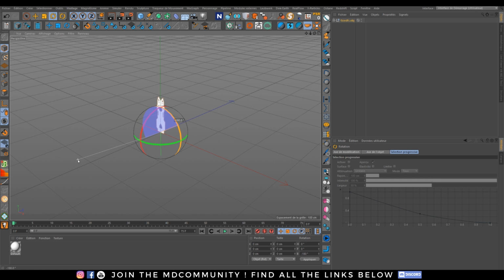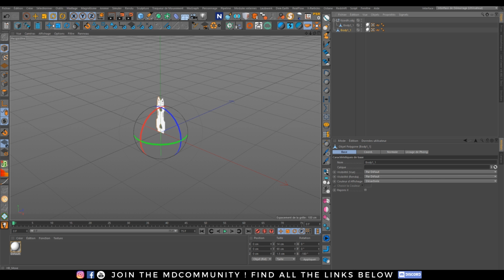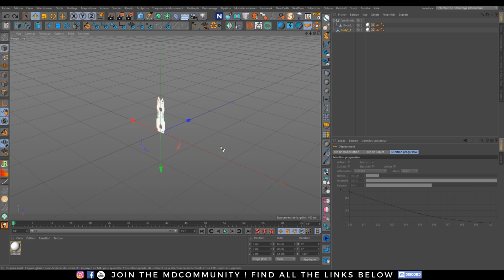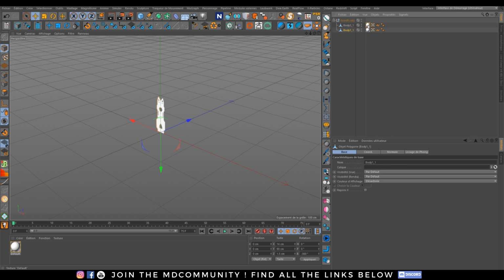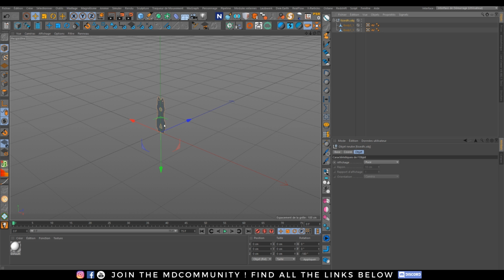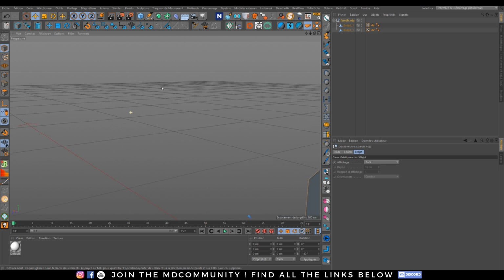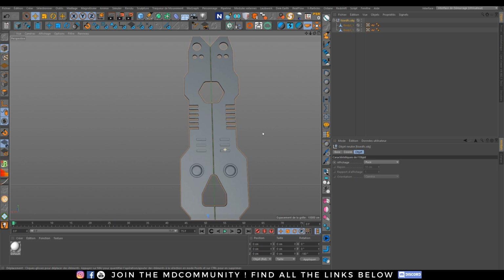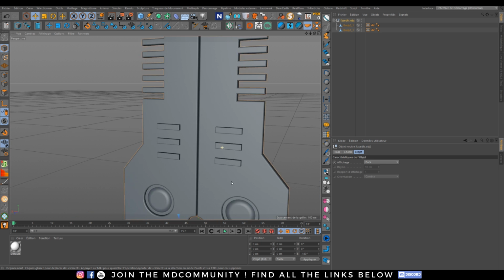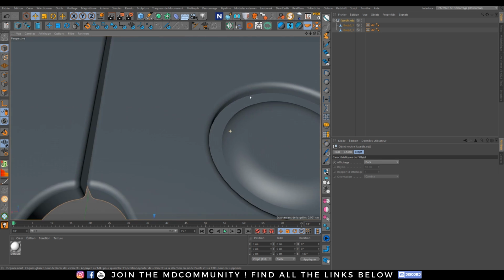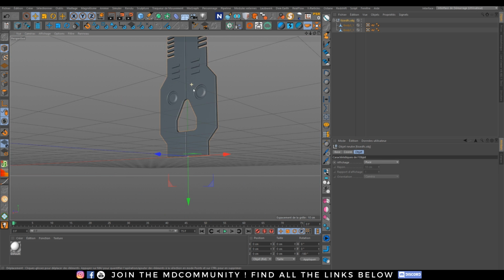Do the few adjustments you want. As you see, I have my different bodies, so really nice. I have 2 bodies, so really cool. And the mesh is insanely clean. Come on, look at the bevels.